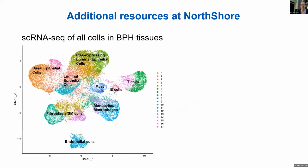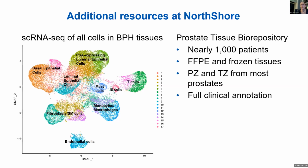And then another resource that we have more recently is single-cell RNA-seq of all cells in BPH tissues, which we can certainly look for overlap with Doug Strand's group, as he just described. But again, you can see that we have a nice representation of all cell types that we can then look for intercellular communication, which is the primary direction that we're going with these data. And then finally, I just wanted to again acknowledge our prostate tissue biorepository, because we now